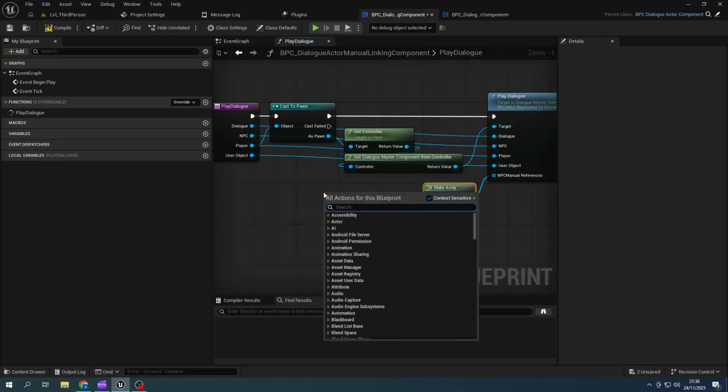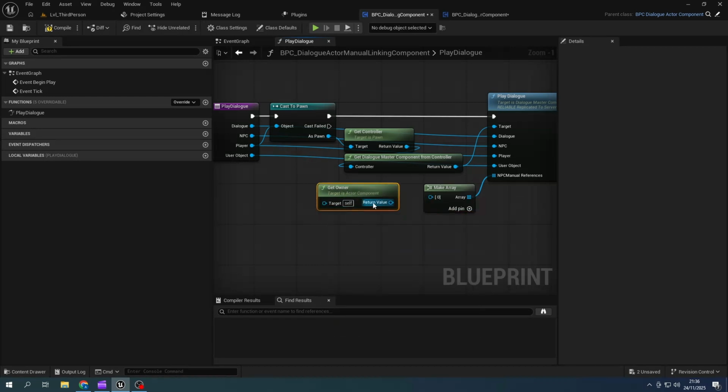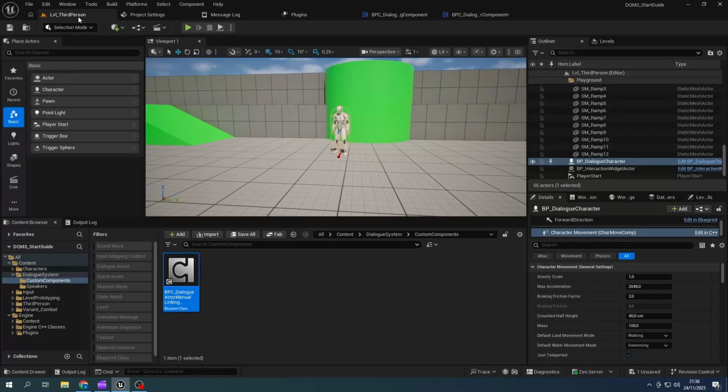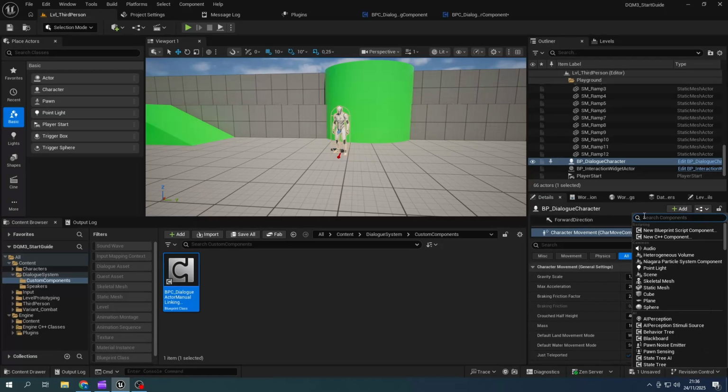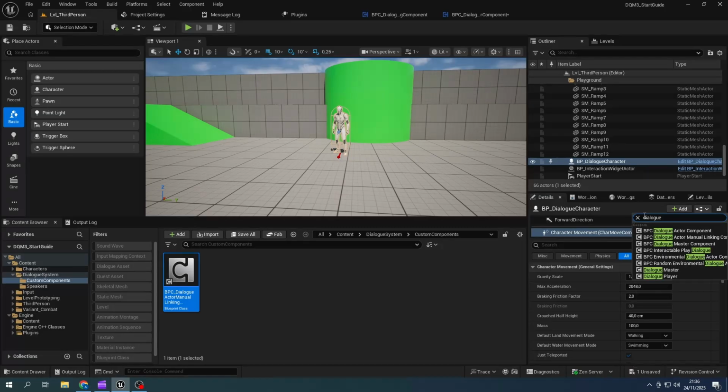By default, the component passes an array containing only the owner. In that case, if you use tag linking, it's not used. If you use manual linking, it works directly without any problem. You only need to worry about NPC order when working on environmental dialogues involving multiple procedural NPCs, which isn't the case in every project. Once the function is implemented, go back to the level, select the NPC, and add your